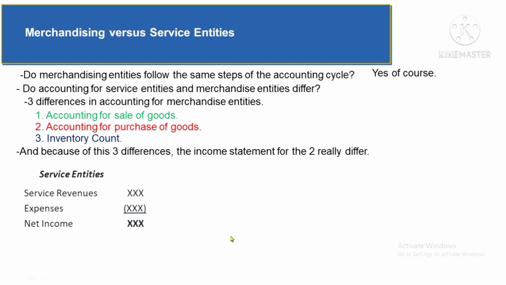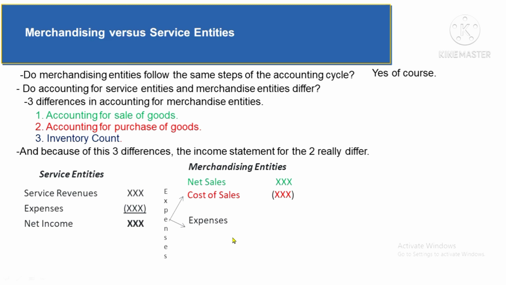For example, instead of service revenues, we are going to have the net sales. We still have expenses though, but they're already subdivided into 2. The first is the cost of sales, which is very literal. This is the cost of goods sold without the markup yet. And the second one is the operating expenses, which is further subdivided into general and administrative expenses as well as